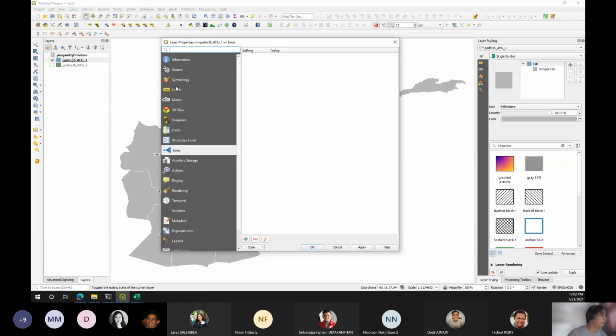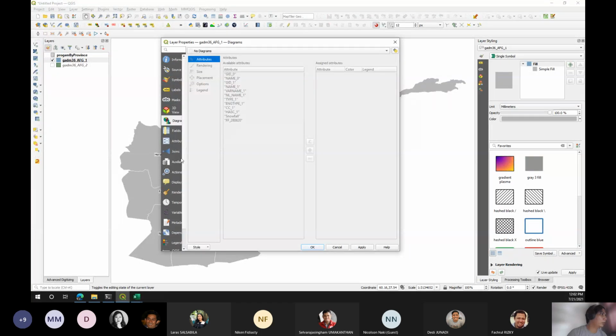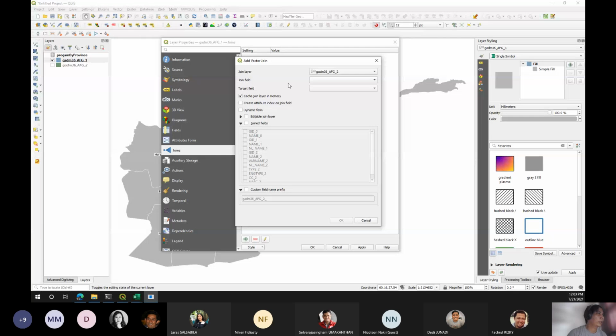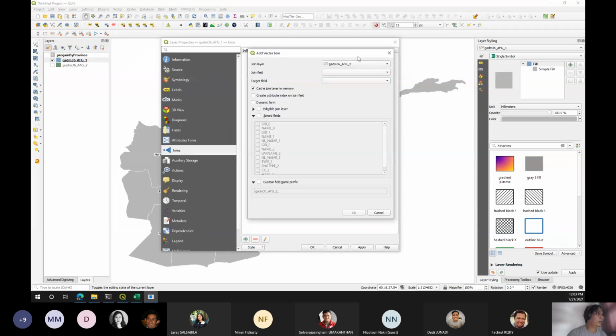Then you see many things over here. Don't get confused. What we're going to need here is the join menu. Make sure it is here, because we want to join the newly imported table into the shape file. So go to the join, and there is a plus icon right here to add a new join. And then what you want to join, of course, is the new table,